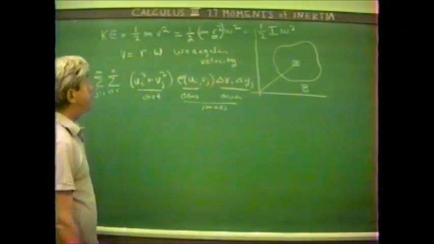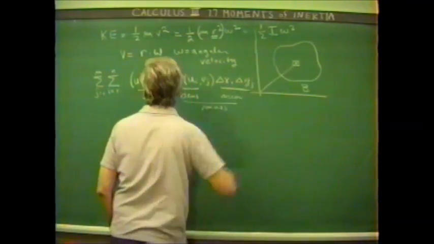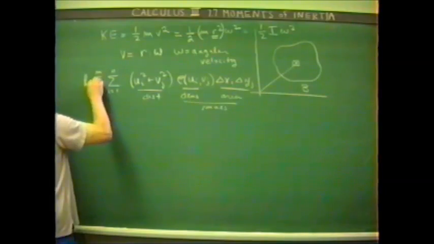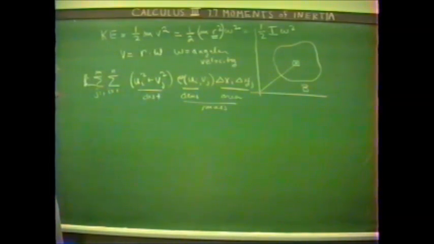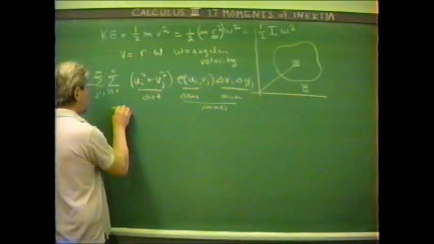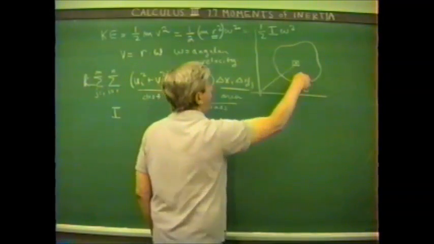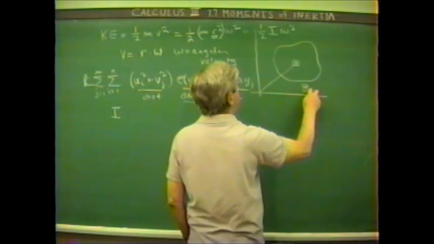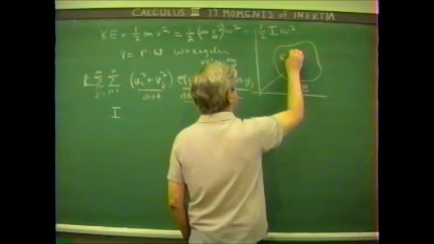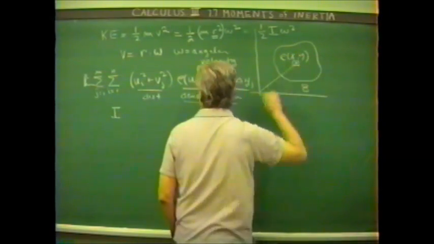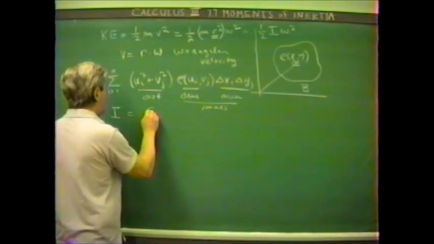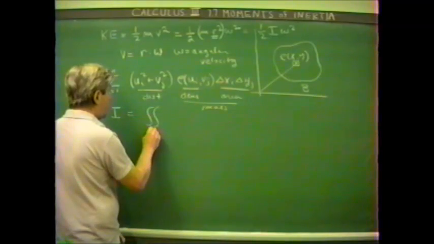Right? This is going to give you approximately the moment of inertia. We took the limit here as the norm of the partition goes to 0. This is going to give the moment of inertia. And so the moment of inertia here for a lamina with shape B and density rho of x and y is given by the double integral over B